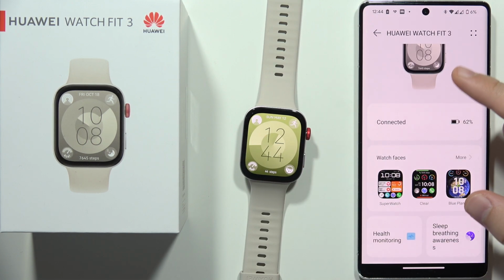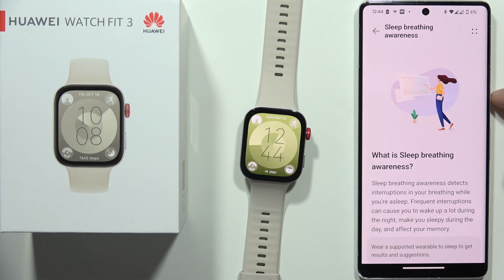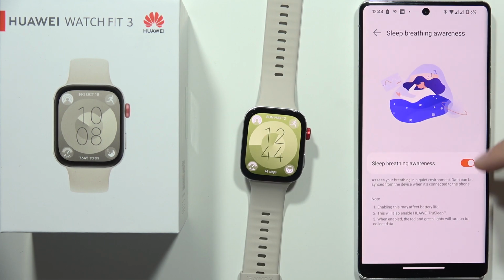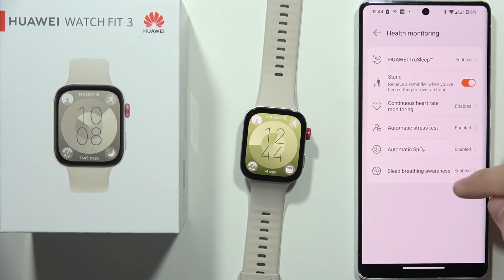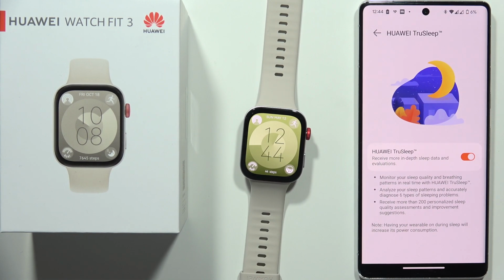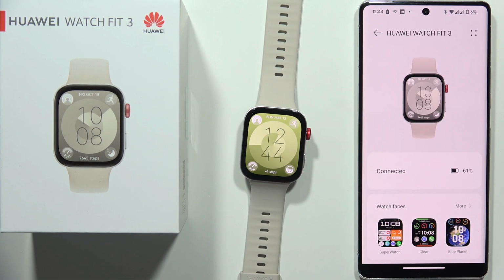And you will have to also enable this option, the sleep breathing awareness. So you have to go here and you have to be sure that you just turn it on, and also that you enable the Huawei True Sleep. And after this, when you go to sleep and when you start snoring, you will actually get this data on